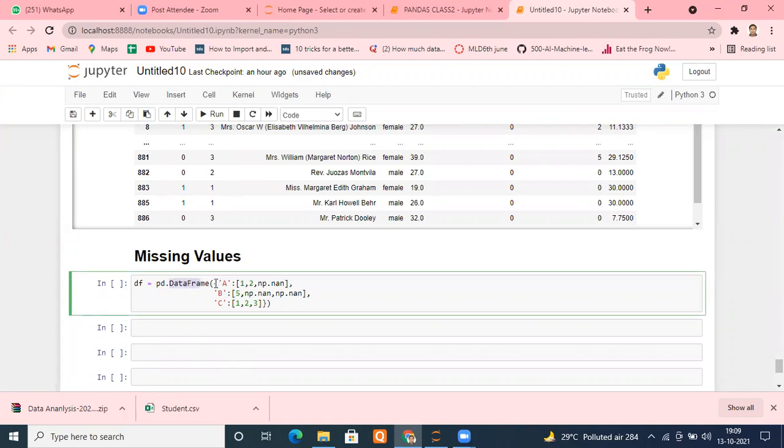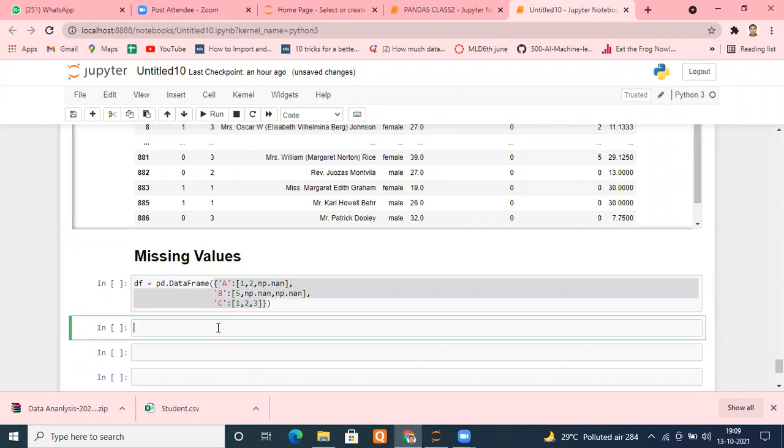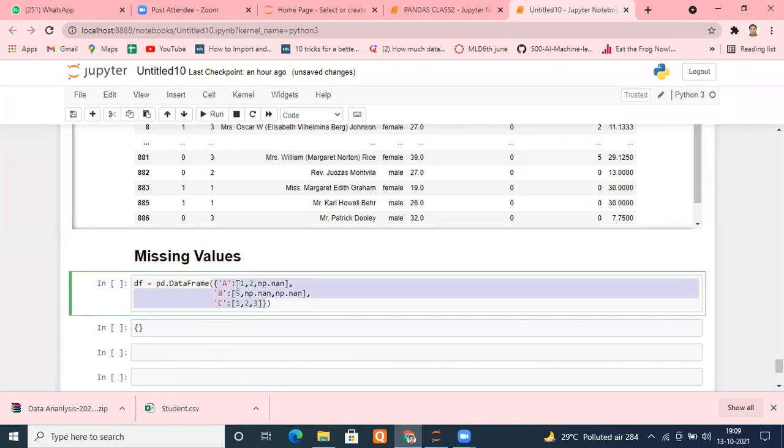Within that, I have passed my dictionary. Remember how we create a dictionary: curly braces, then key colon values. A is the key, and these are values 1, 2, and np.nan, which means missing value. Remember, np.nan is missing value. 5, again missing value, missing value. C is 1, 2, 3.